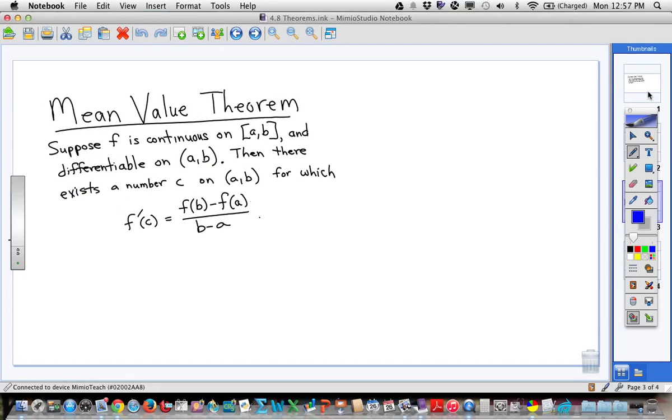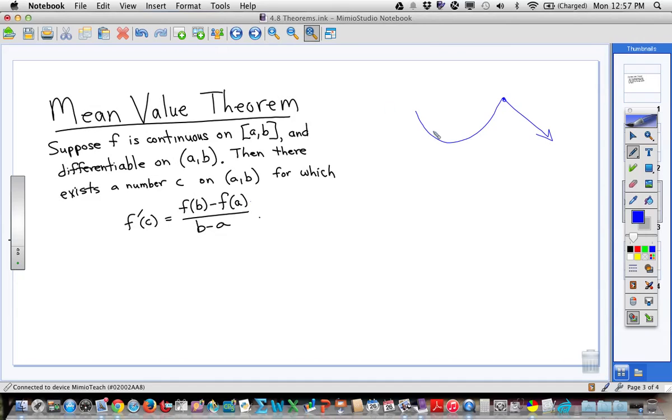Because notice the intervals are different here. So we have to. Here's why. Because for the mean value theorem to work, the function has to be continuous on the closed interval. You have to have endpoints. But it doesn't have to be differentiable at the endpoints. It only has to be differentiable in between. So we can have a function